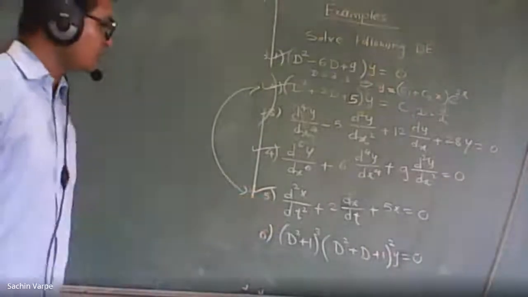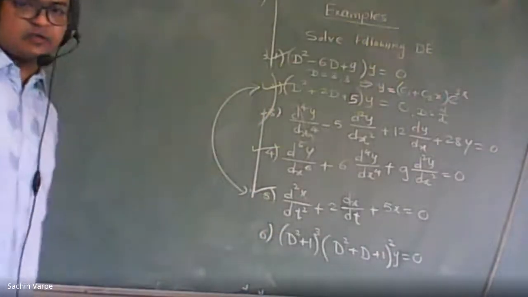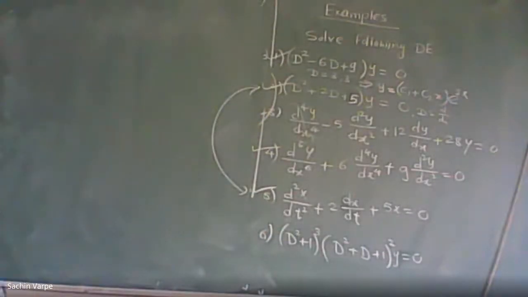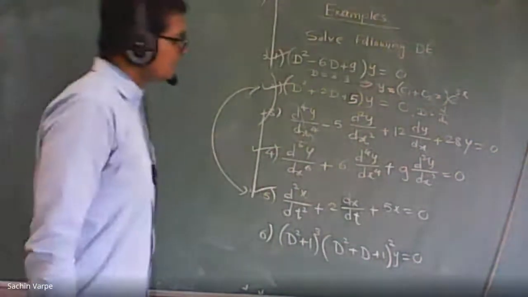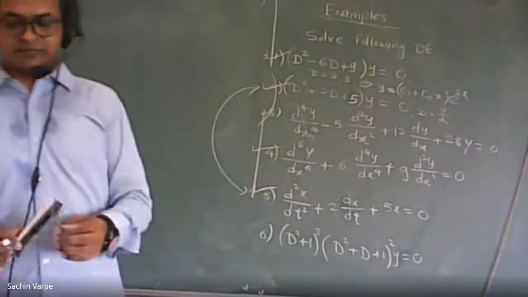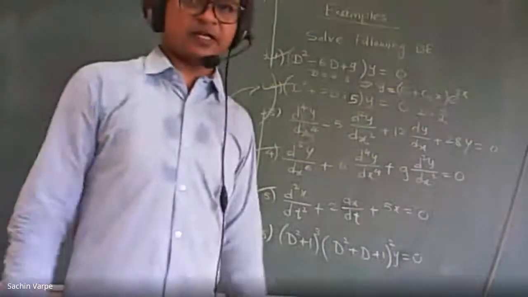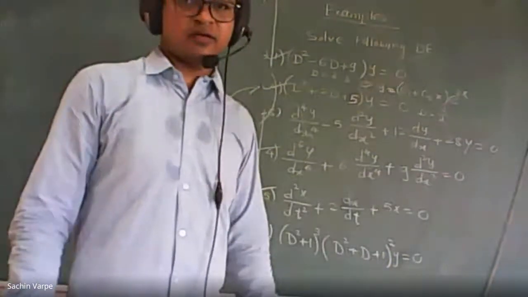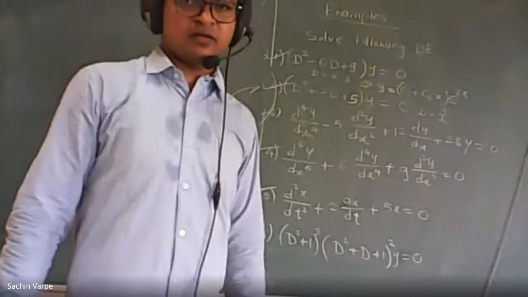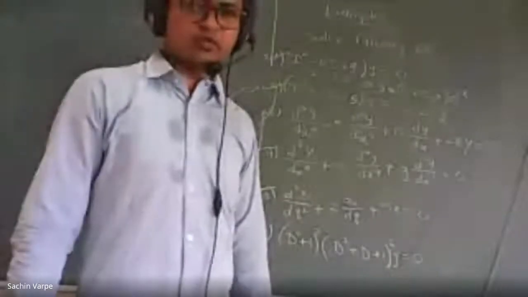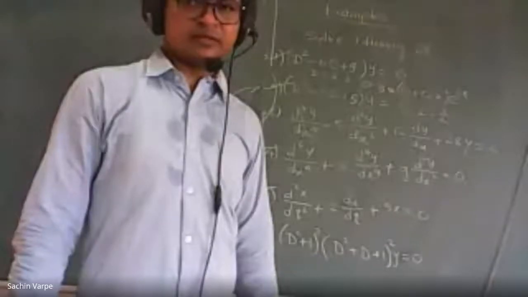Write the complementary function. What will be the complementary function in that case? I think the roots are 1 plus minus 2i, right? Check the second one, 1 plus minus 2i. Atharva says e raised to minus t, c1 cos 2t plus c2 sin 2t. That is correct one. Minus 1 plus minus 2i. Just a minute.